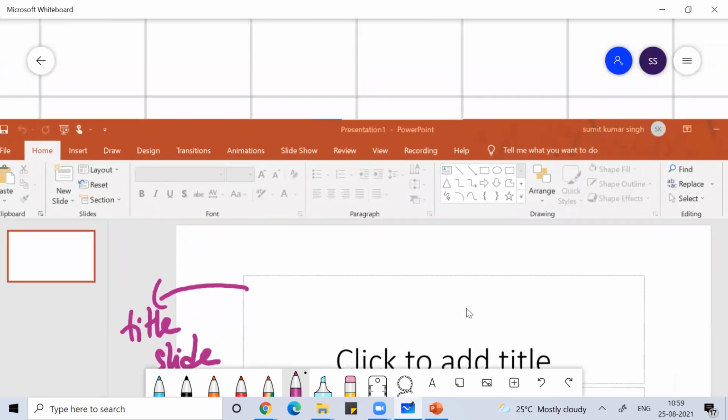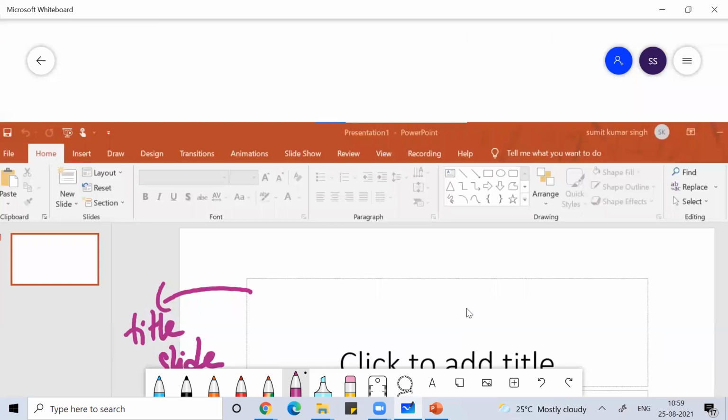So when we talk about a PowerPoint presentation, the heading is like this: Presentation 1, because this is the name. You can press Control N to open many presentations like this. If you want to close them, you can use Control W or Alt F4. By default, the first presentation you open will come with the name Presentation 1.